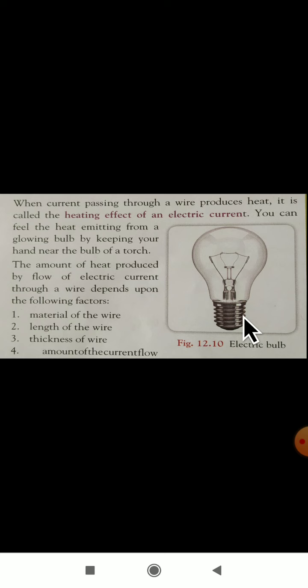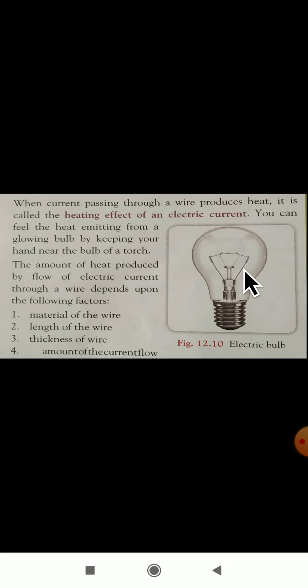Inside the bulb there is a fine tungsten wire called the filament. You can observe the tungsten wire. For that we are calling it the filament, supported by two thick wires. Dear students, it is the filament, and it has two thick wires. These wires you can observe. This tungsten wire is joined to the two thick wires. When a current flows through the filament, it glows and gives light.